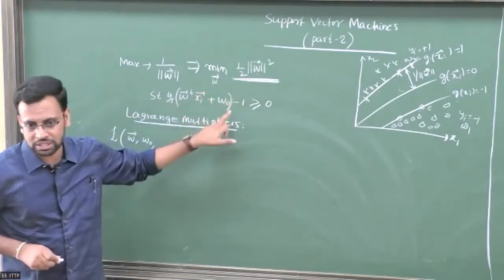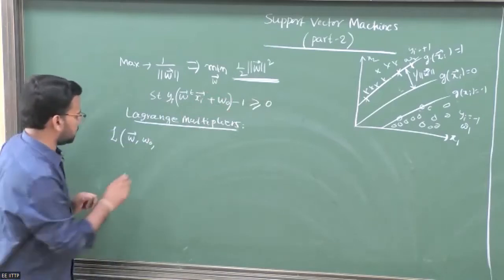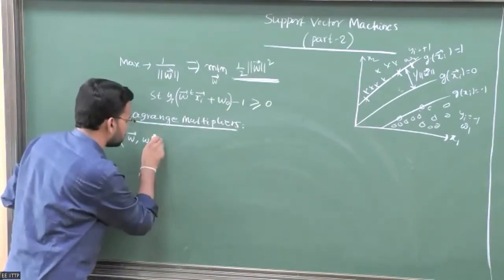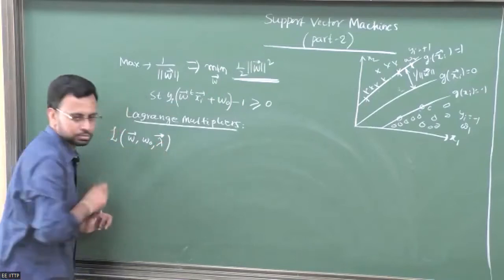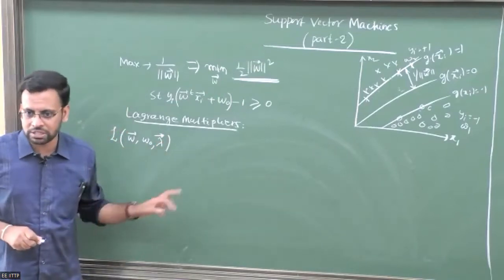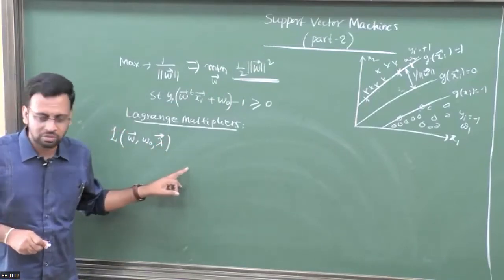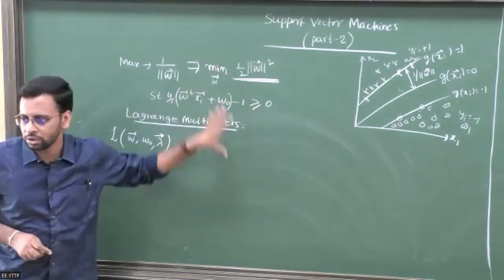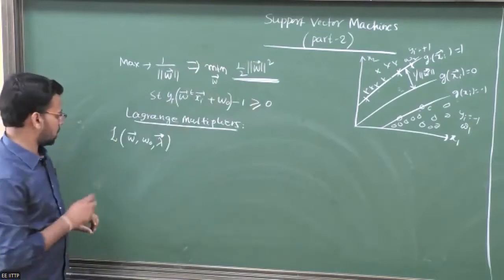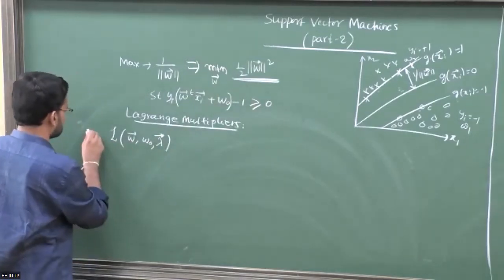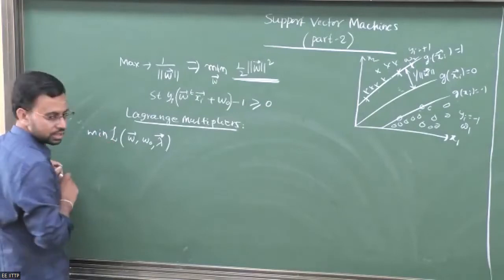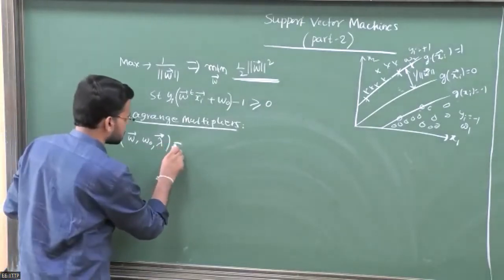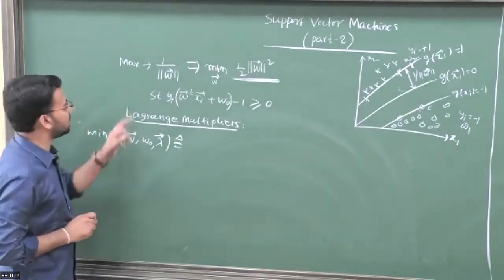So W bar is there, W naught is there. And I would include another set of variables to be optimized, referred to as lambda bar, which is giving you a weight to this constraint added to your original problem. Okay, so now your problem is you minimize this function, which is now we are defining it as